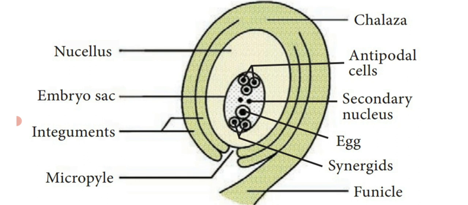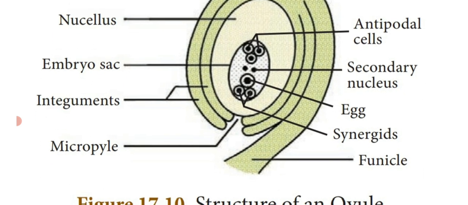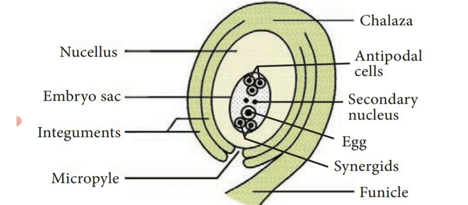But how many nuclei? Micropyle 3 nuclei, chalaza 3 nuclei, that is 6. At the center, there are 2 nuclei, said to be the secondary nucleus. So 6 plus 2, 8 nuclei. So dear students, the embryo sac of an angiospermic ovule consists of a 7-celled and 8-nucleate condition. This is the structure of the ovule. This ovule is afterwards modified into a seed, which produces the next individual or next generation.